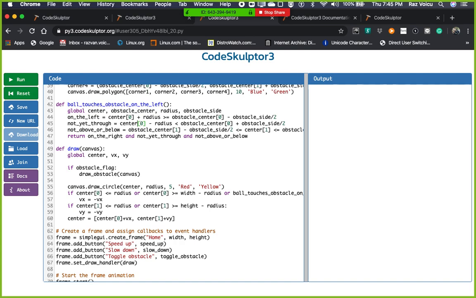And it's not yet through, so center 0 minus radius is less than obstacle center 0